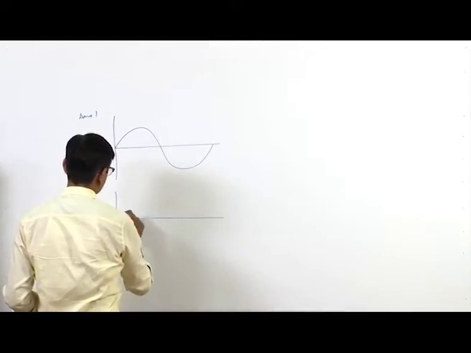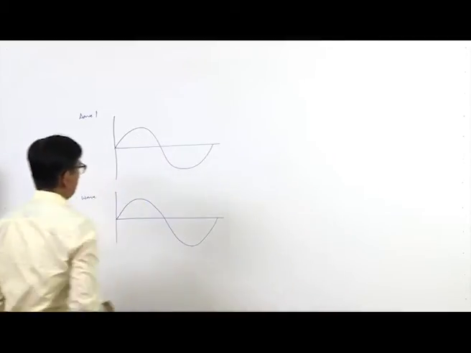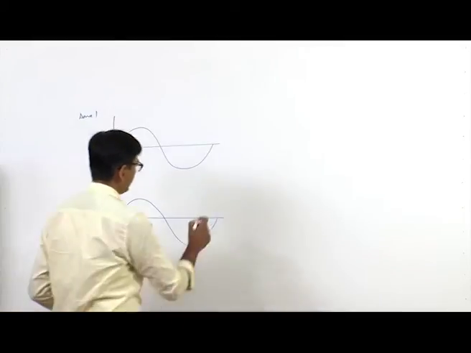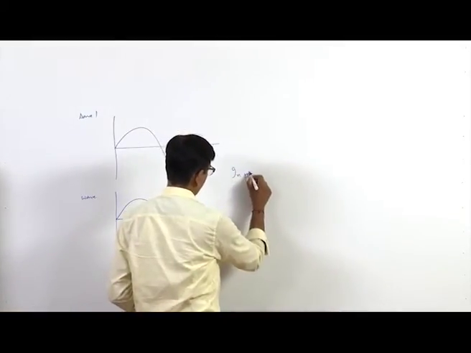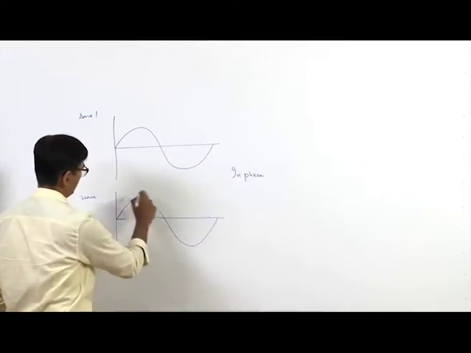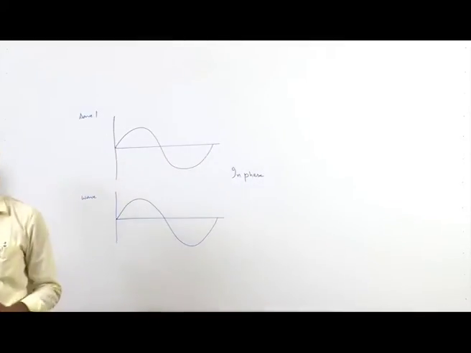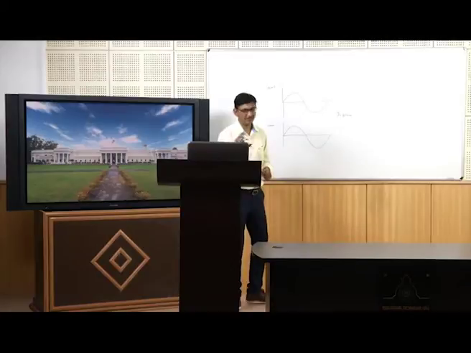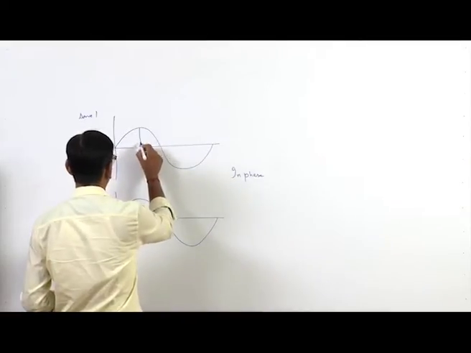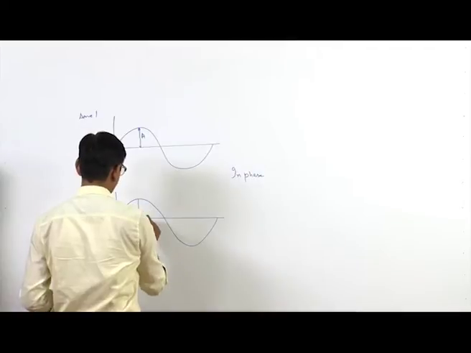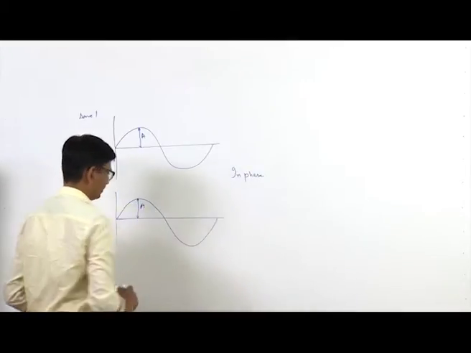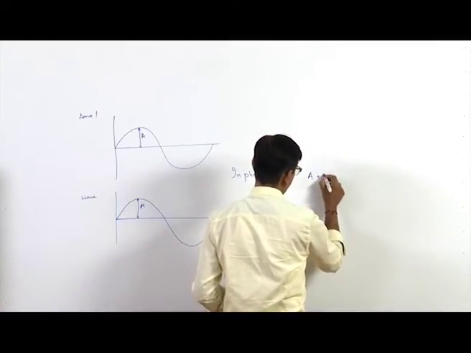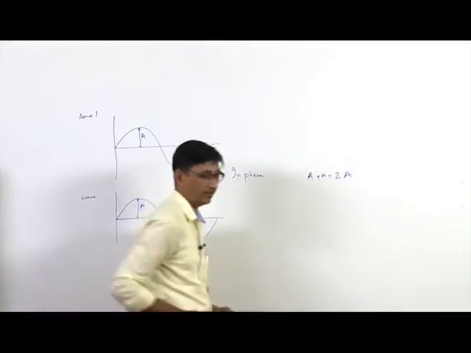And in this case, suppose their wavelength is same, okay, and in this case they are in phase, okay. You can see that their minima and maxima are matching with each other. So, they are in phase. So, when you have this condition of in phase, okay, the resultant wave will be, if this is my amplitude A for both the waves, because they are of similar type, okay, then the resultant wave will have an amplitude of A plus A, which is equal to 2A, okay.